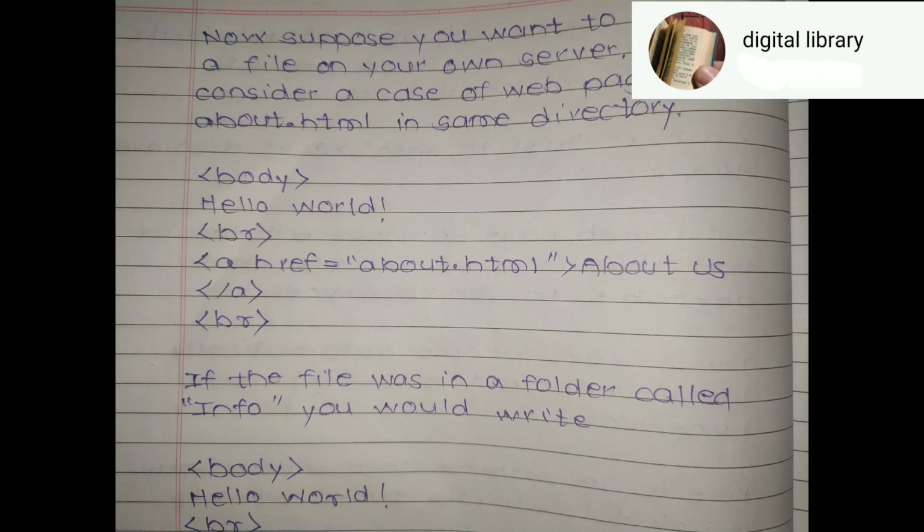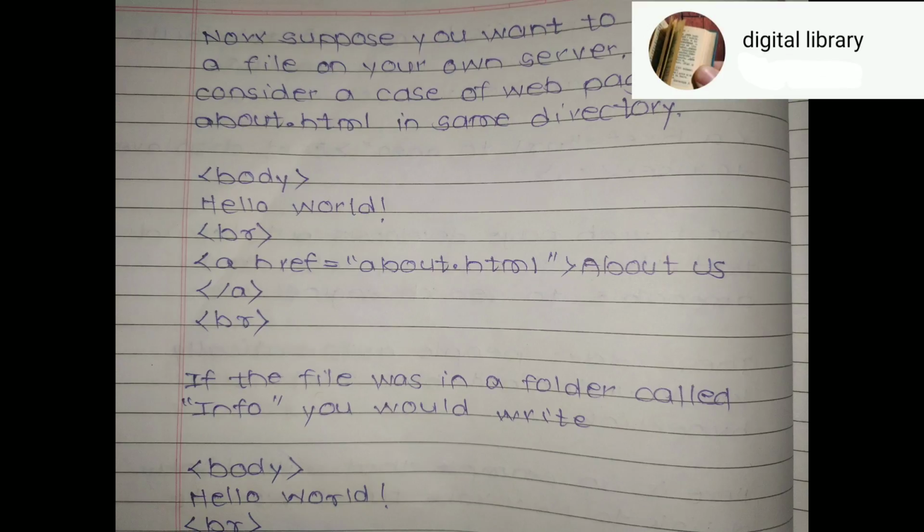So if the file was in a folder called info, that means we can open our own file also, which is on our server. So we have to write its location on our server, which can be called by this href method, which is a href is equal to, here writing file name, that is about.html.